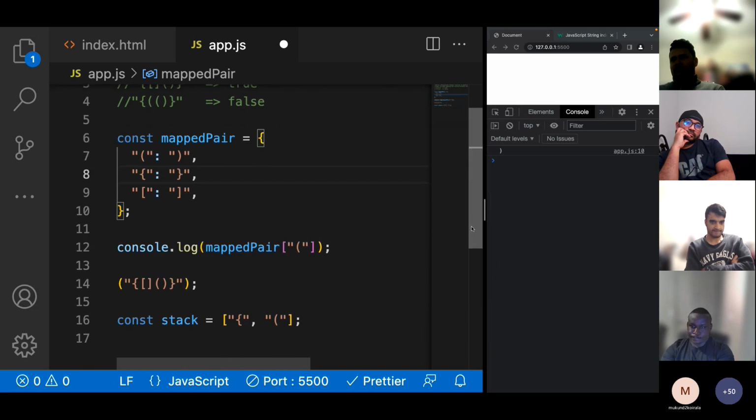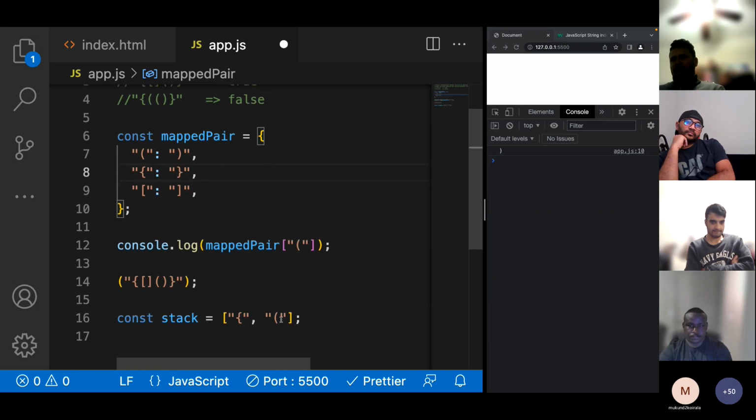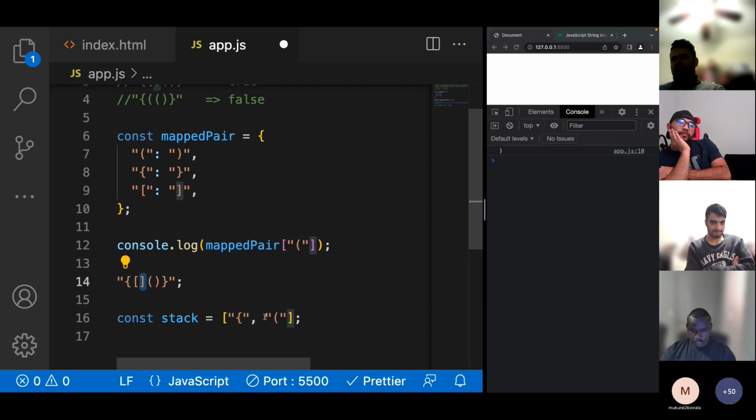Okay, now it will help you. Once you are here, once you start looping it, then you need to check. Whenever it is opening, we are pushing it to the stack. Whenever it is closing, once we are in the third one, we need to check whether this closing one is actually the opening one of the previous